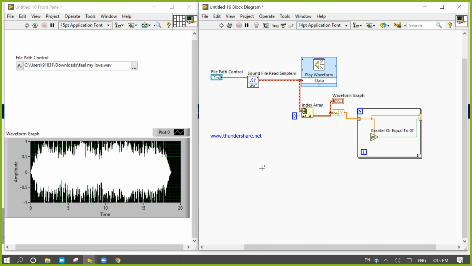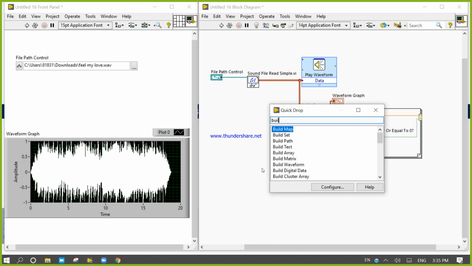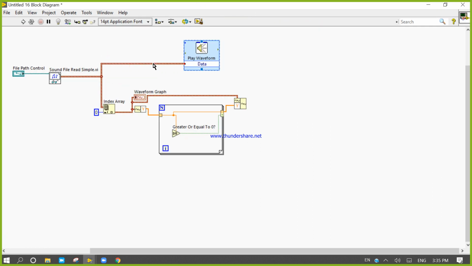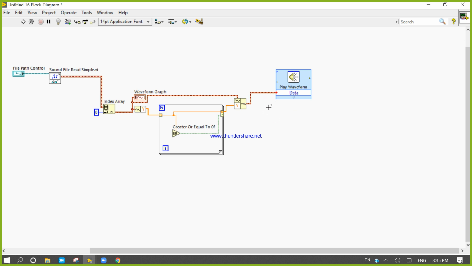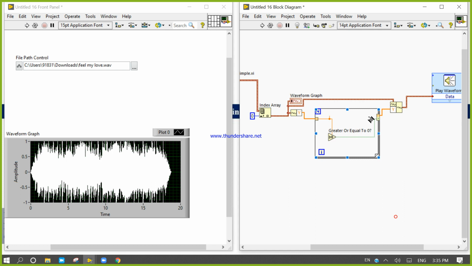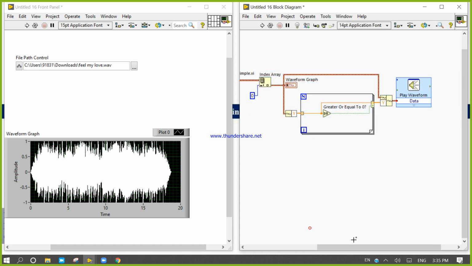Now I will use the build waveform component. Okay, I will connect. Can I connect with this? Control B. If no, then what can I do? Okay, I can connect. Now if I run, what will be the output? You can check. Control A, control U. If I run now,